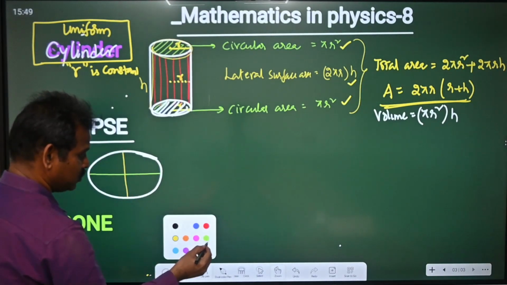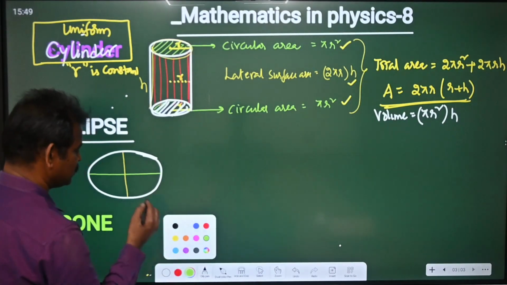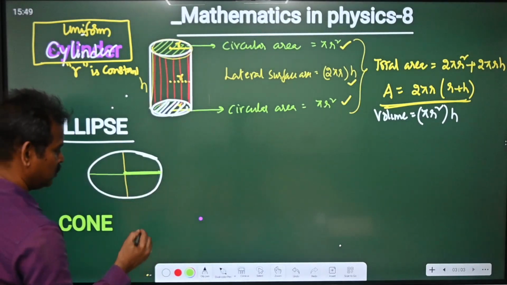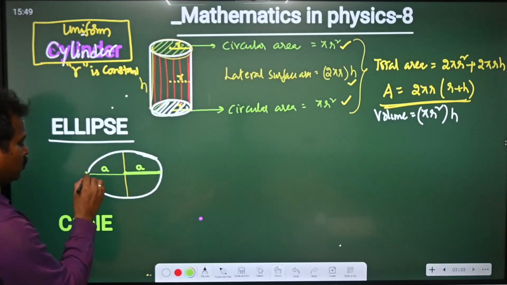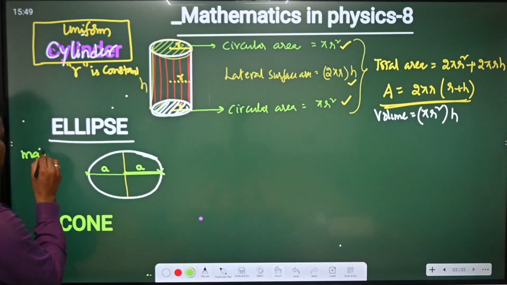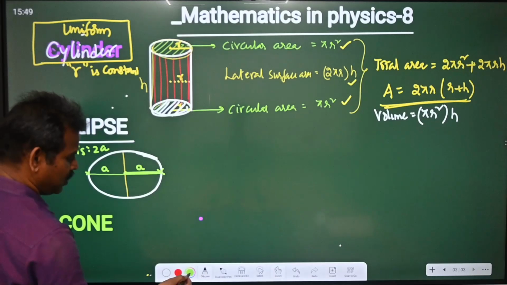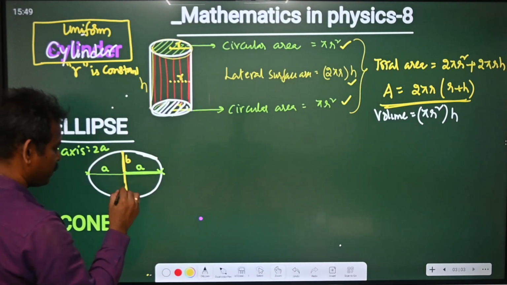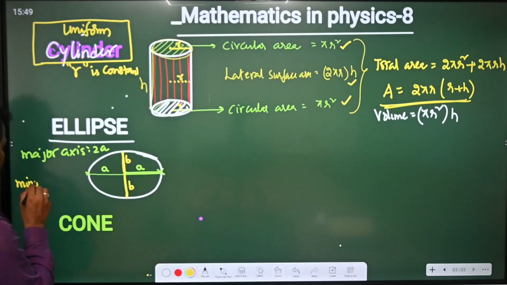The line along the x-axis is the major axis, and we denote this A, this is also A. So the total length of the major axis is 2A. Similarly, this is B, this is also B. The minor axis